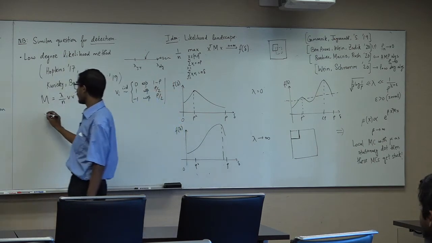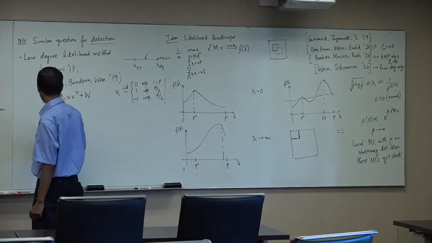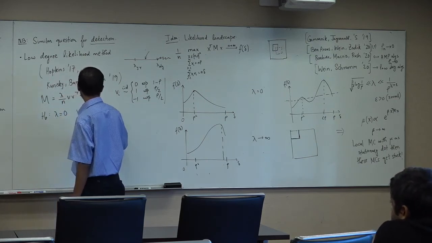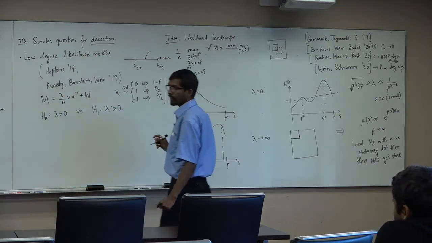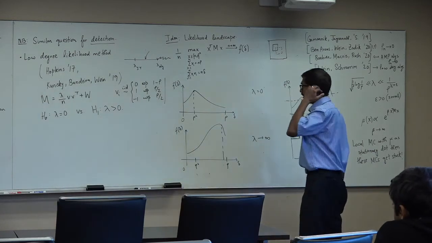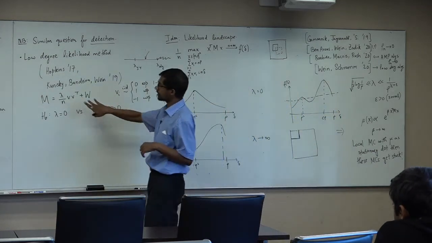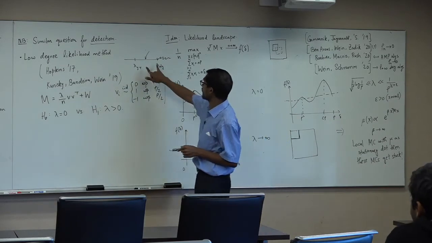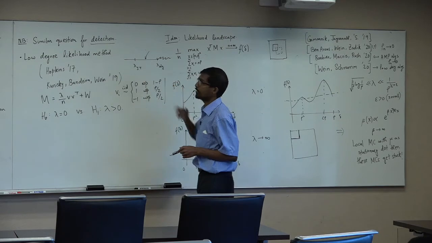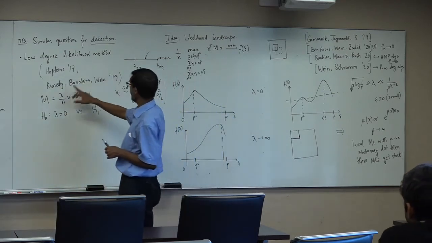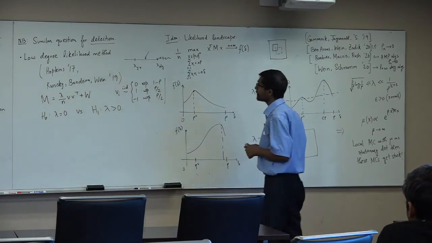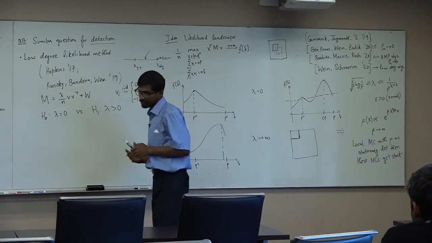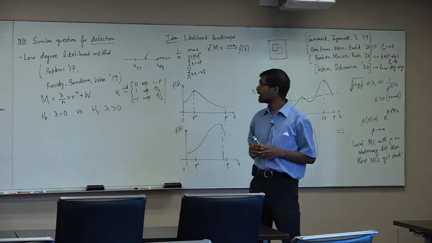Right? And I can then look at a hypothesis testing question where lambda is 0 versus lambda is positive. So this is, for example, a setting where even detection is quite hard. And there is sort of evidence that there will be some hard phase in the middle depending on how large lambda is as a function of rho, right? And the picture that has sort of emerged, and this picture turns out to be quite robust, is that